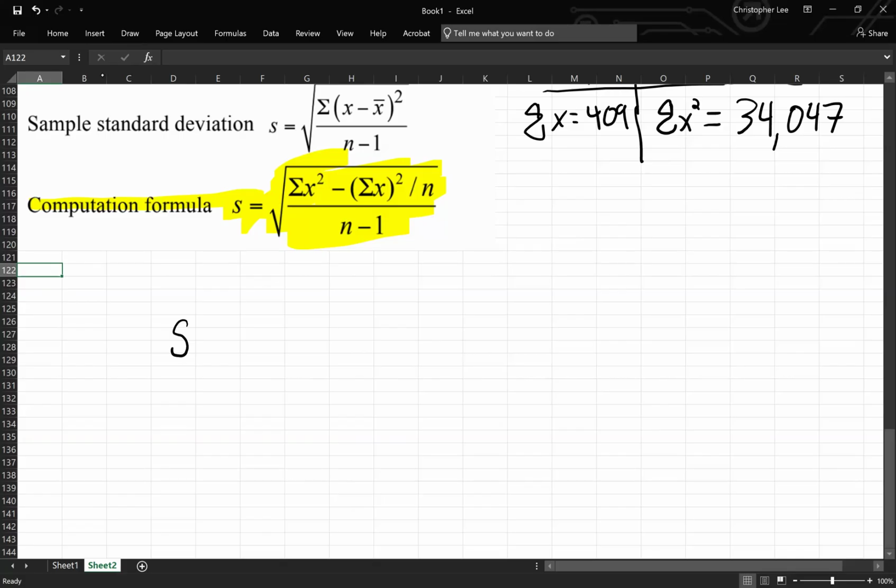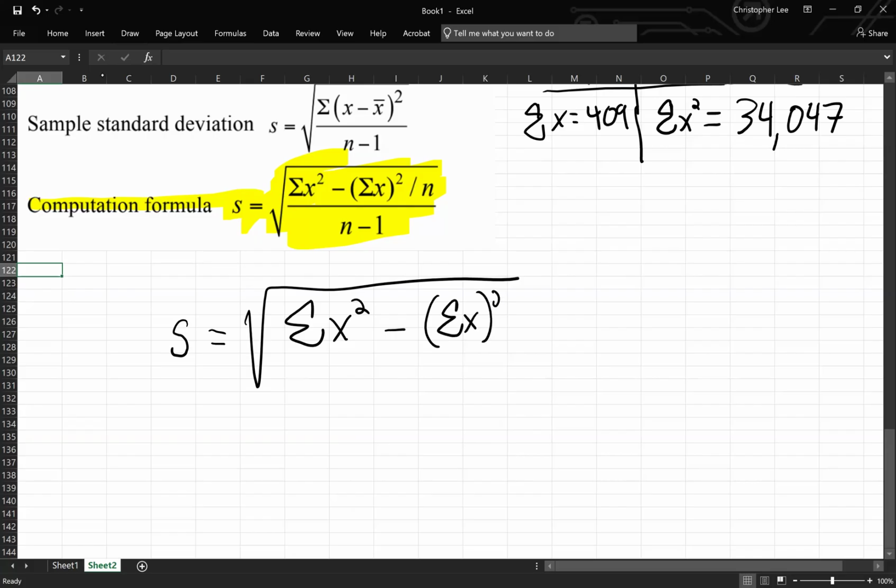That's part of it, the formula, right? So we have the sample standard deviation is equal to the square root of the sum of x squared minus the sum of x squared divided by n, and then all of that divided by n minus 1. We're going to plug in our numbers. So what do we have? We have the square root